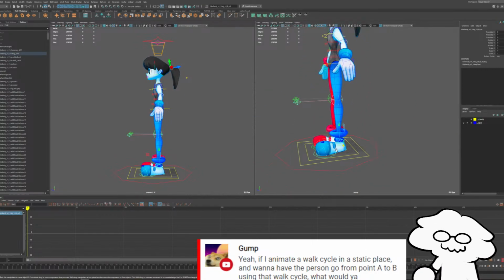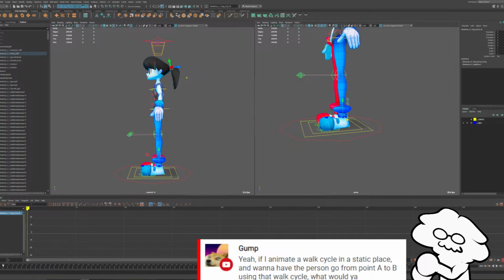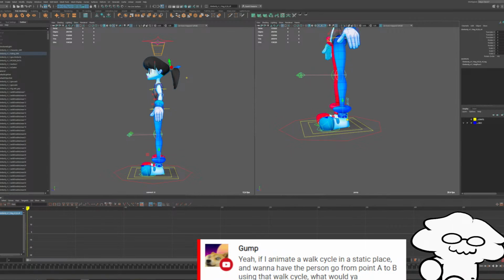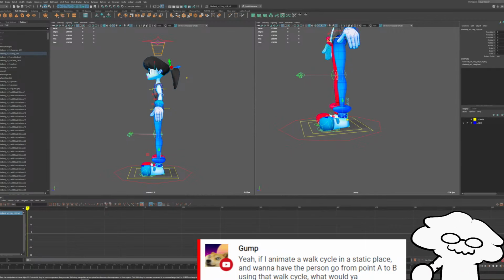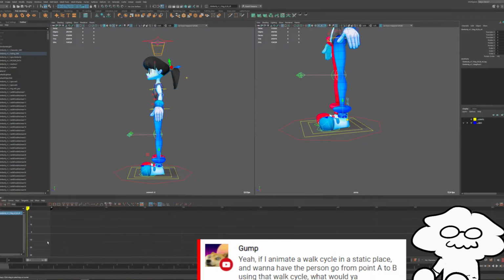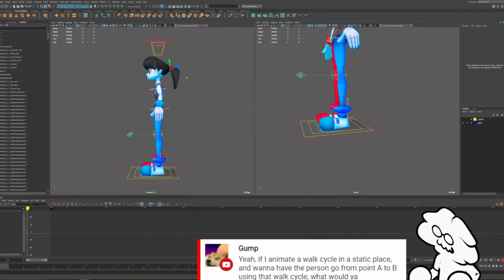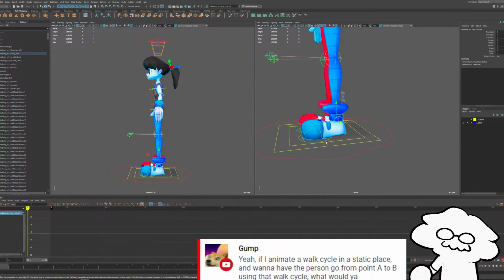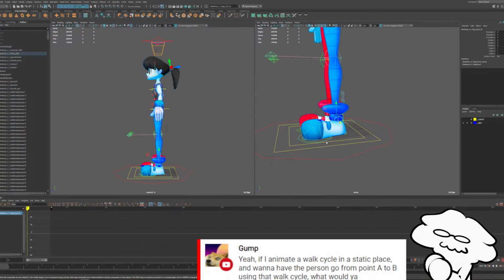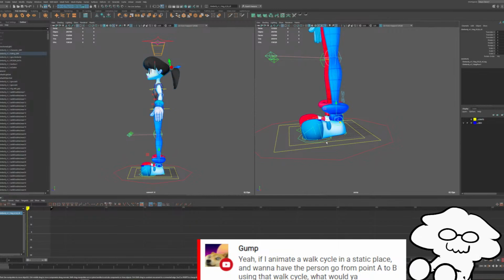So let's say we're animating a walk cycle that is 1 second long, and we're animating at 30 frames a second. So 30 frames a second, 30 frames. If the walk cycle is 1 second, we want it to be 30 frames. I think usually 1 second for each step in a walk cycle is generally, I find, to be the best speed, but we can adjust it afterwards. Basically, we're just setting up the keyframes to then adjust as we need it.